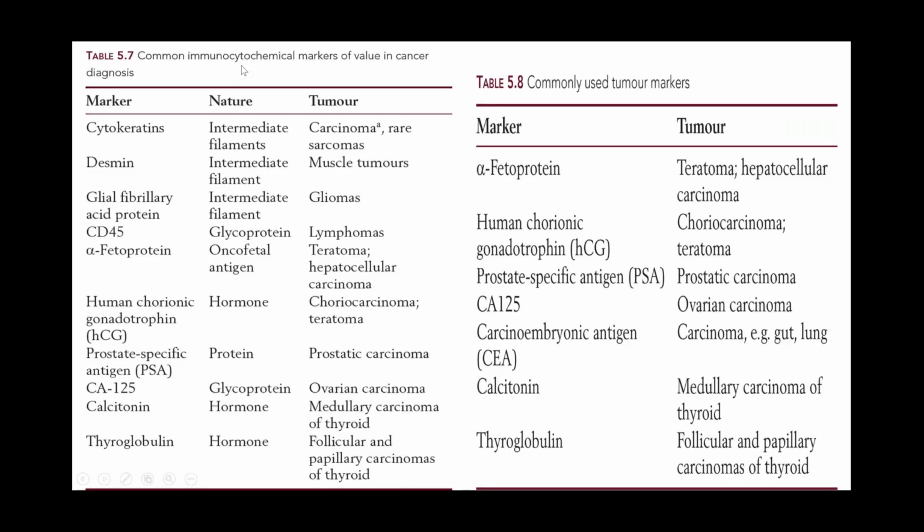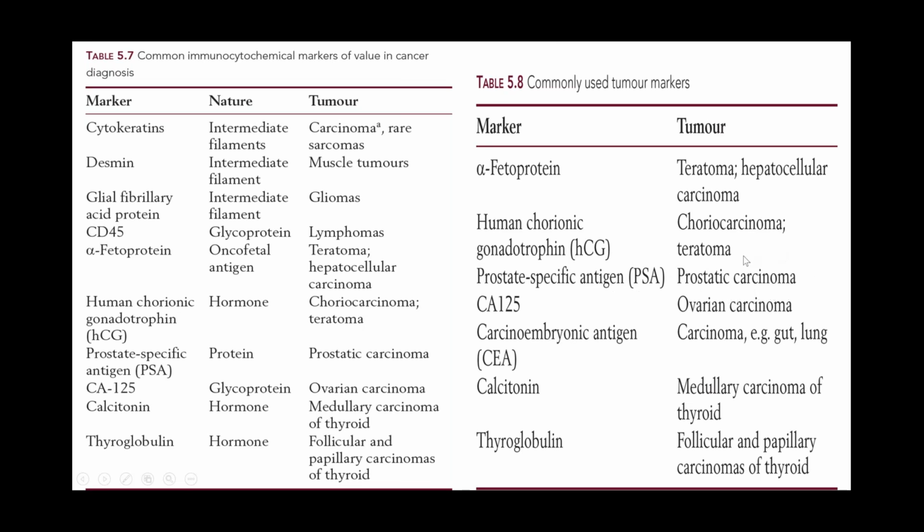This is a common immunocytochemical marker used in cancer and a commonly used tumor marker. Here about cytokeratins, and this means glial fibrillary acidic protein, alpha-fetoprotein, human chorionic gonadotrophin, calcitonin, and thyroglobulin. These are commonly used tumor markers: alpha-fetoprotein is the tumor marker of teratoma and hepatocellular carcinoma, and human chorionic gonadotrophin is the tumor marker of choriocarcinoma and teratoma, and prostate-specific antigen